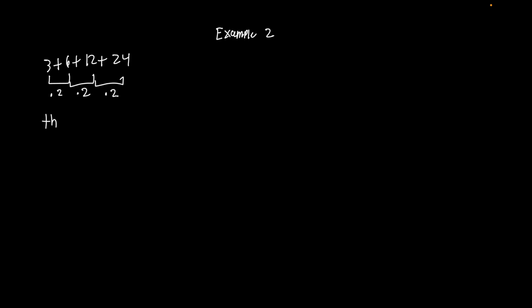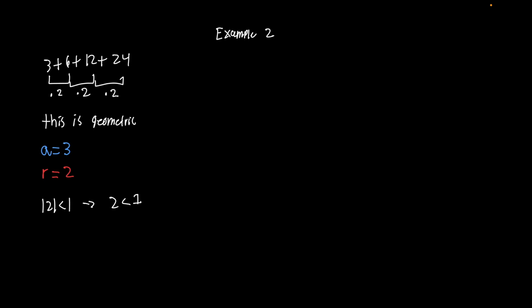So this is geometric. We're going to say, so our a is equal to 3. Remember, our first term is a. That equals 3. And we found our common ratio, or r value, to be 2. Now, let's check the rule. So, is the absolute value of 2 less than 1? Remember, the absolute value of 2 is just 2. So, is 2 less than 1? Well, since 2 isn't less than 1,